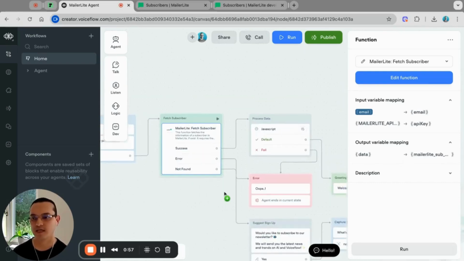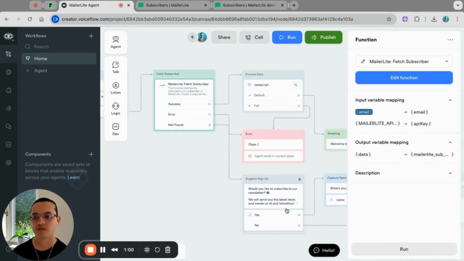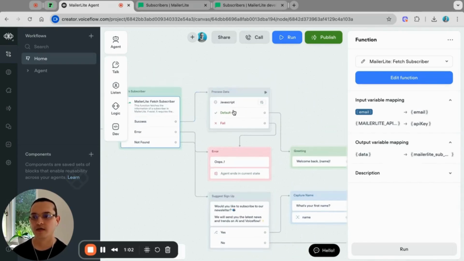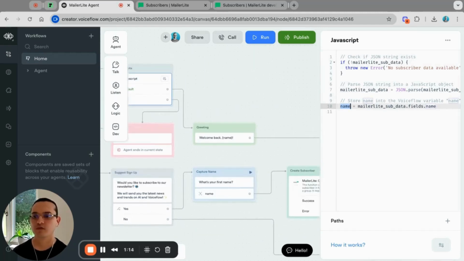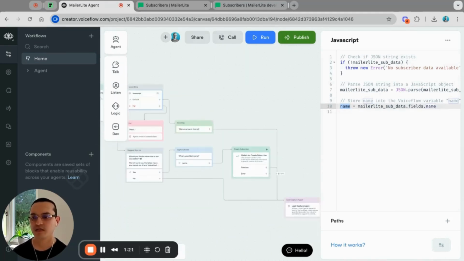Or if it's a not found, we go to this other branch. Then here on the process data, we have this little script that you don't need to care about too much, but essentially here is where we get the name. So with that, we go into the welcome message, customized with the name, and then essentially it goes into